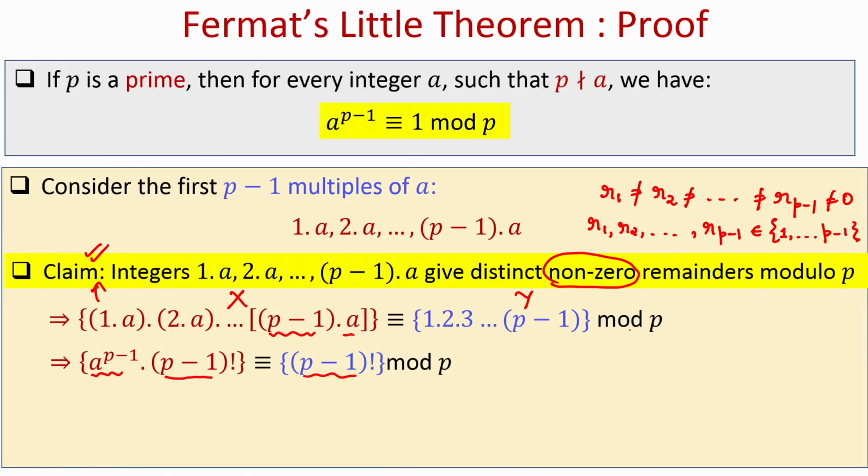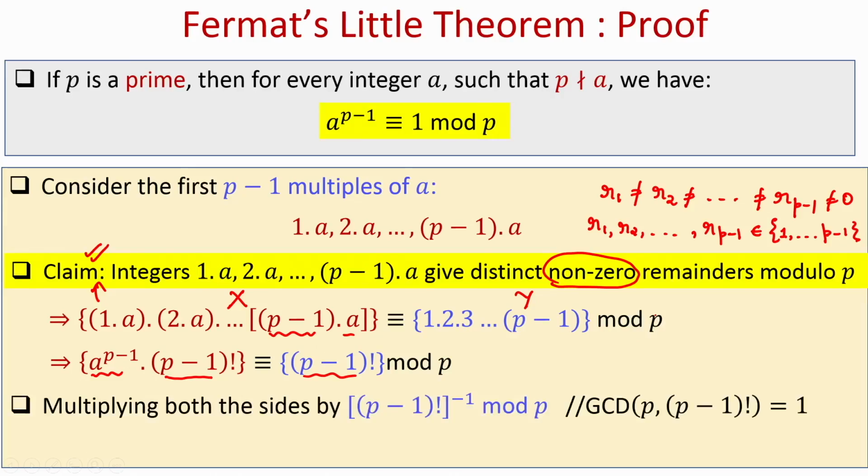So, I can say that a to the power p minus 1 times p minus 1 factorial is congruent to p minus 1 factorial modulo p. Now, what I will do is the following. Let me multiply both the sides of this above equation by the multiplicative inverse of p minus 1 factorial modulo